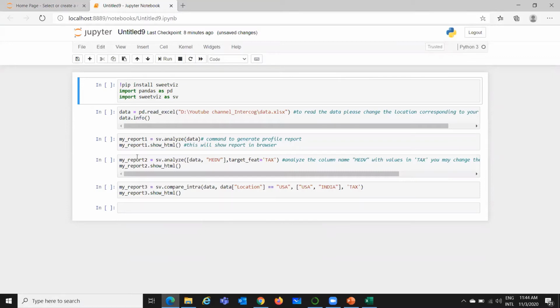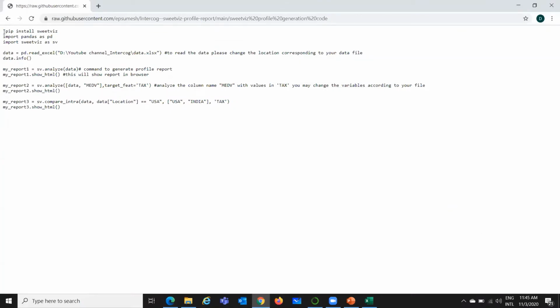I have opened a new program and copy pasted all the commands available from GitHub. To make it easier to understand, I am copying it part by part so that I can explain.